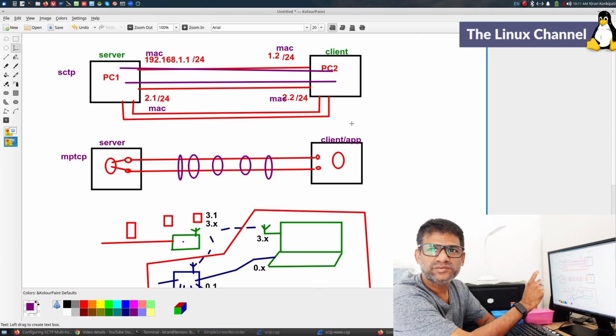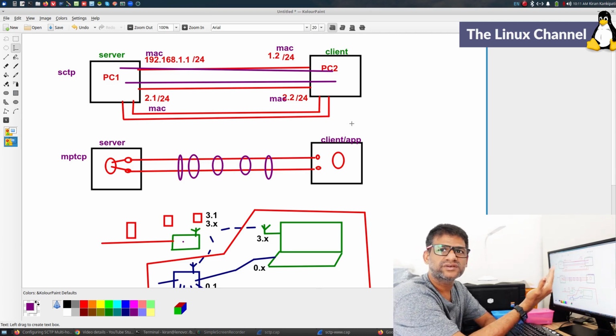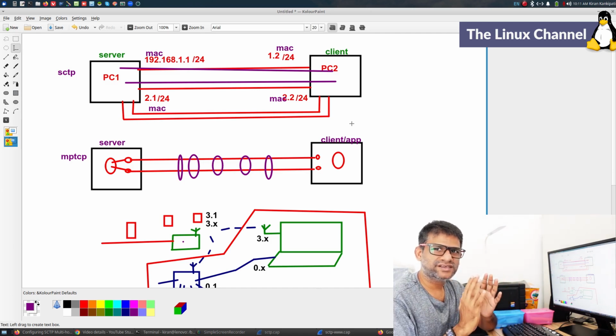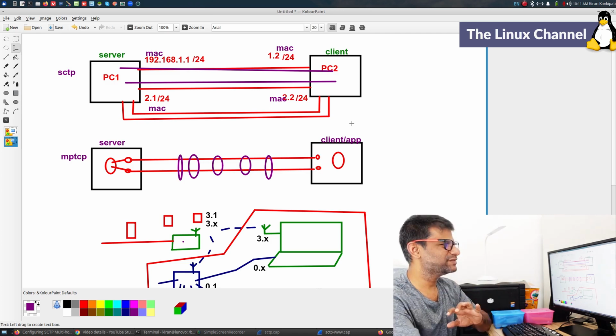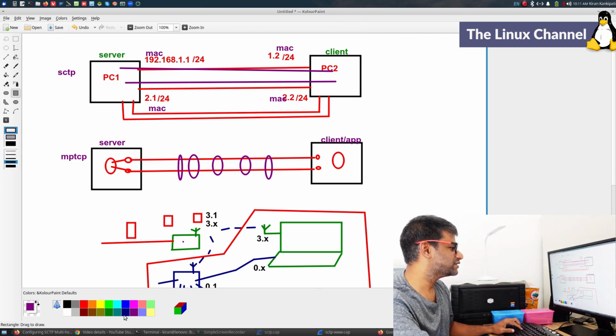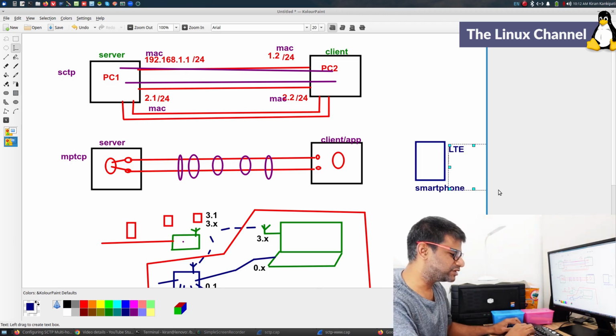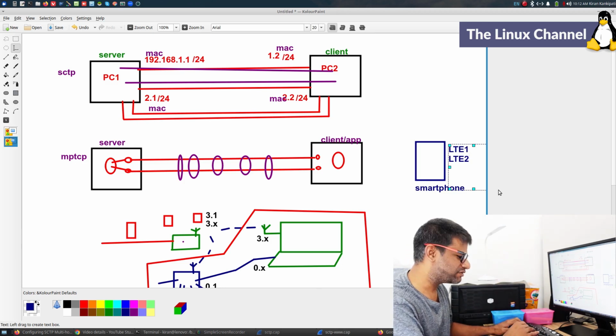Its true intended purpose is, whenever you use a smartphone, assume you have both a data connection as well as a Wi-Fi connection. Effectively, you see, it's a multi-homed device. So let's imagine you have a smartphone connected to LTE, and it may have multiple SIMs, so it may have multiple LTEs also, and then it is connected to a Wi-Fi network.